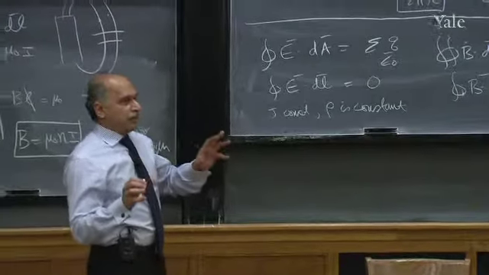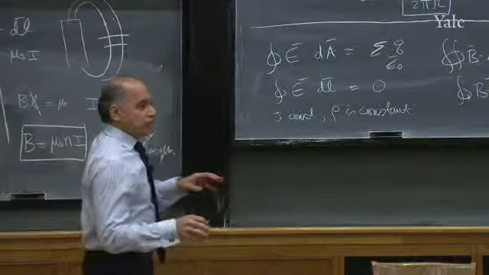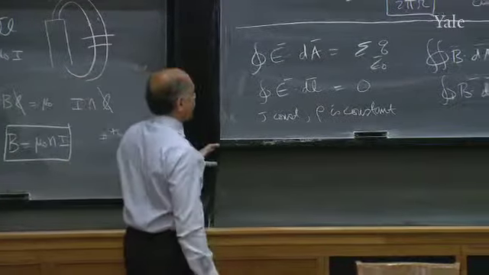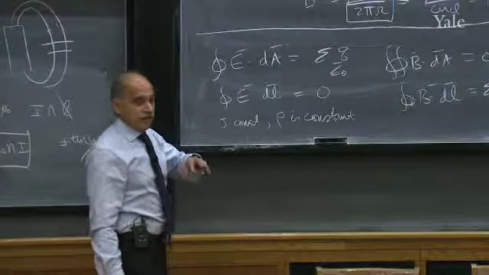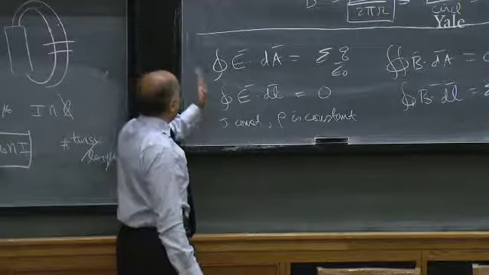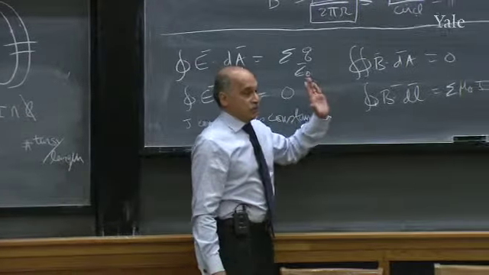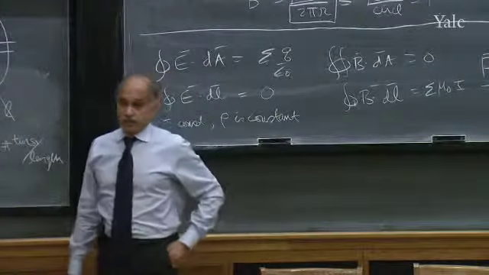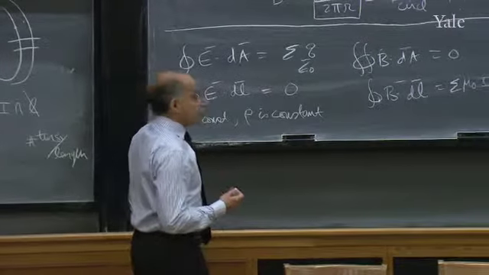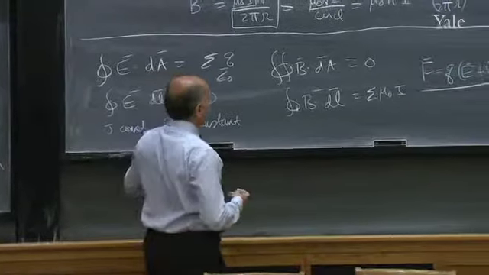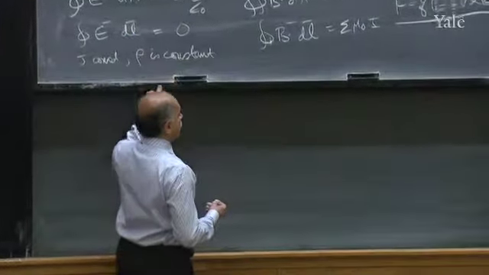So somebody has to give you the currents and somebody has to give you the charges. Then it's a purely mathematical problem to solve for the electric and magnetic fields. And I was telling you yesterday a fact that may not be obvious, that these equations suffice to determine electric and magnetic fields, given the cause of electric and magnetic fields, which is currents and charges. Okay, so now we are going to do,